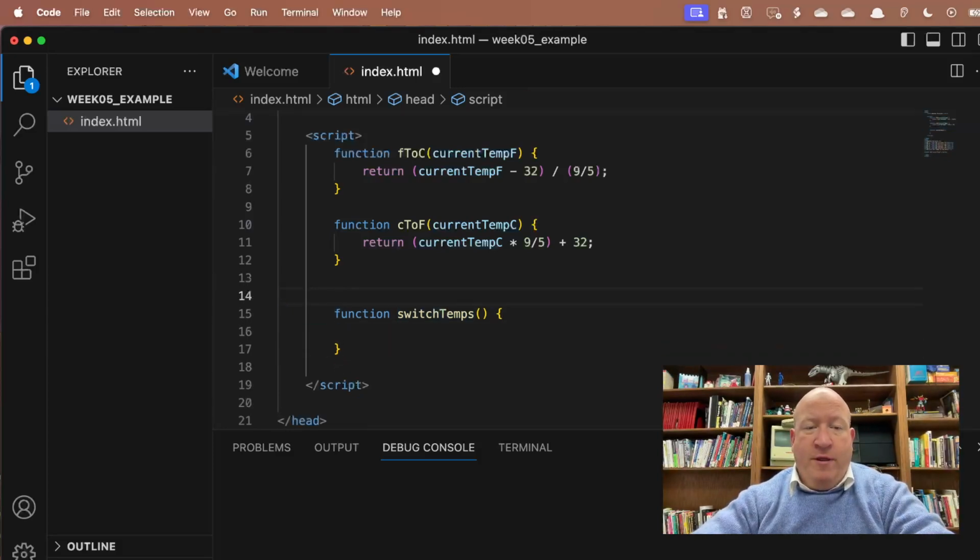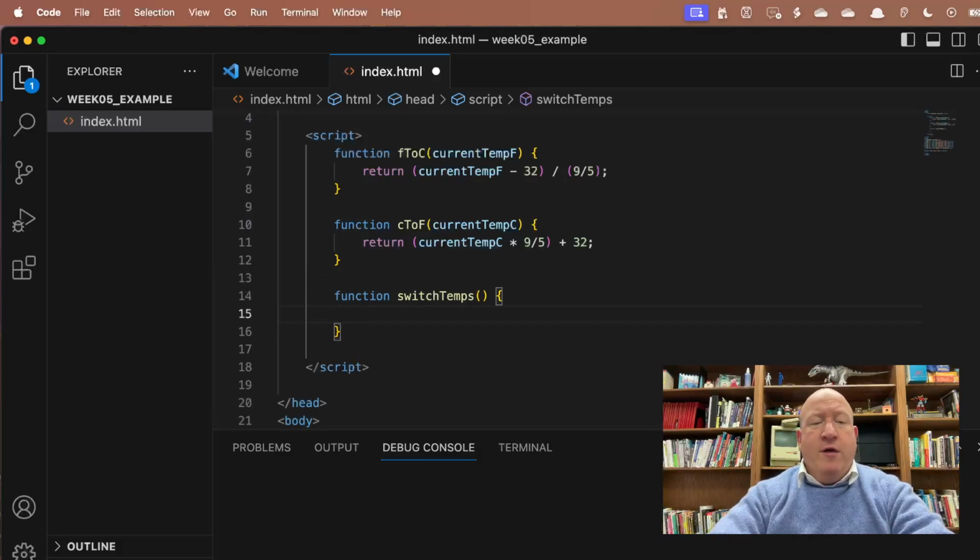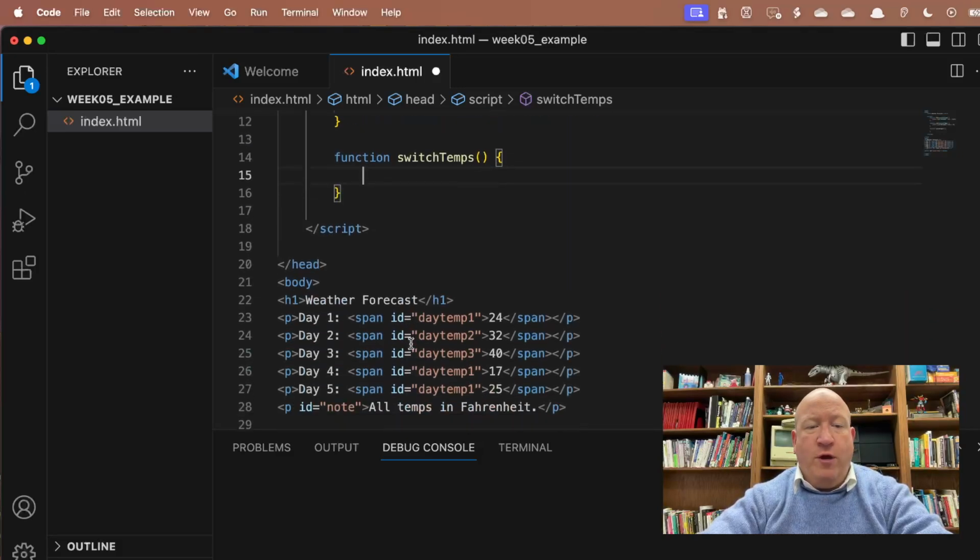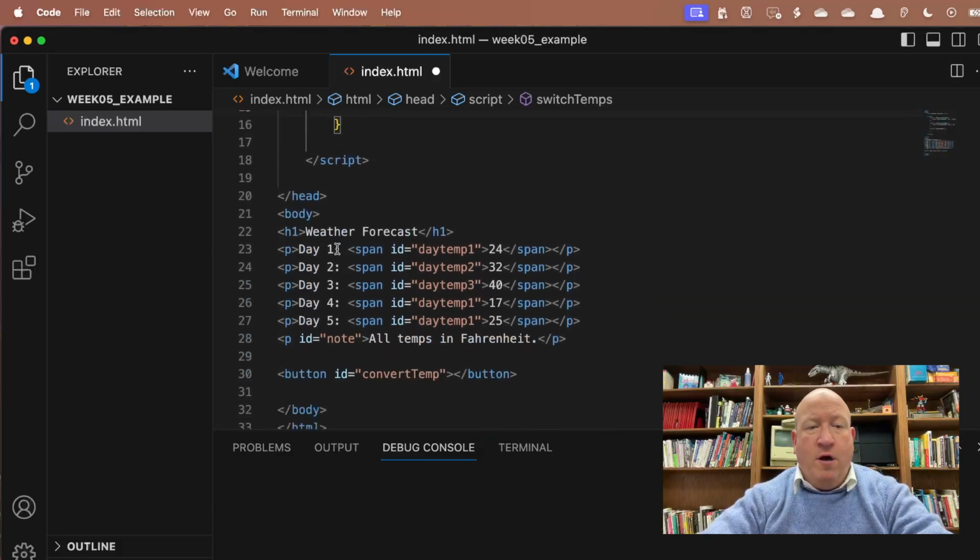Actually, right now we don't need that. We will need that, but we'll do something a little bit easier right now. We'll take baby steps. Okay, so function switchTemps, what I need to do is convert everything there. And the way I'm going to do it is I'm going to create a for loop. And you notice how my names are dayTemp1, dayTemp2, dayTemp3, dayTemp, oops, forgot to put these in there, 4 and